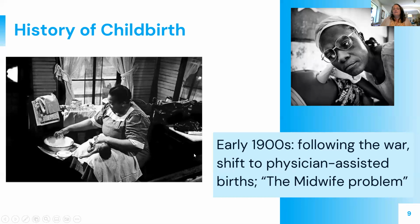They even used newspapers, and they termed it the midwife problem. So they started skewing public opinion to think that the midwives were uneducated, that they were dirty, that they didn't know what they were doing, and that outcomes were worse with the midwives because we have all this medical technology that can help you. And so this public opinion really started to shift